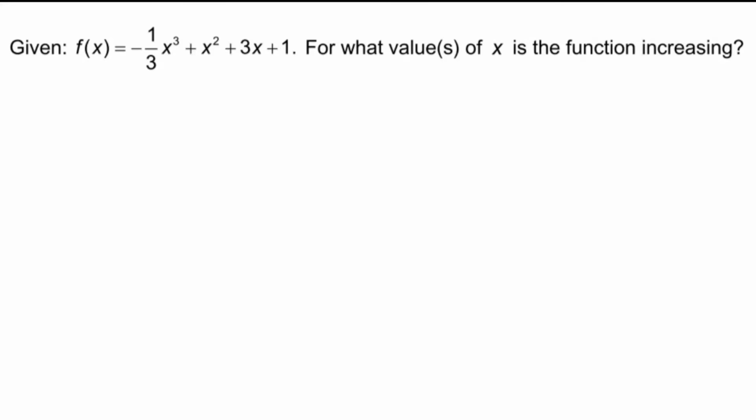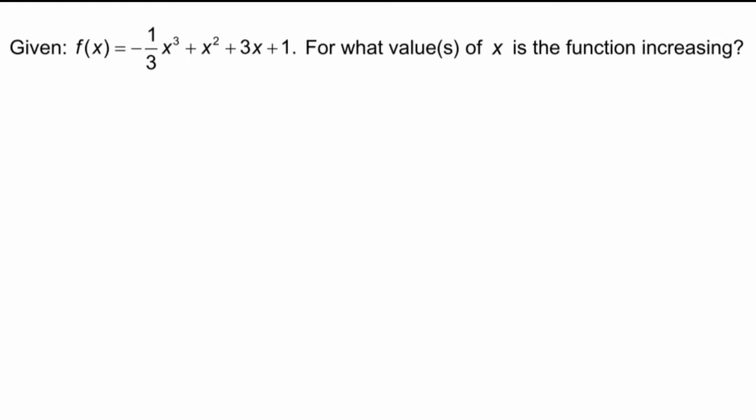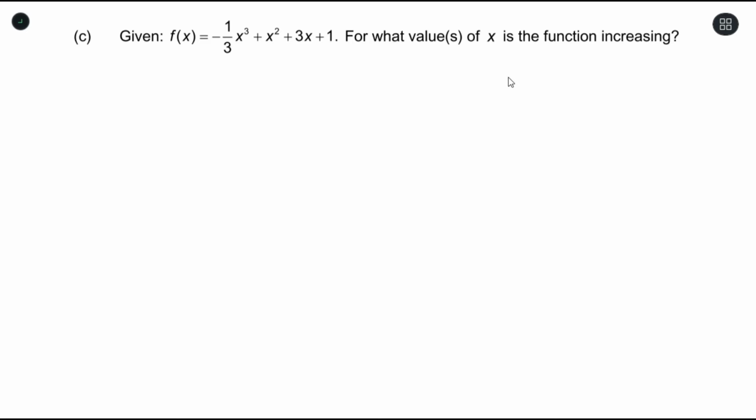Given that f(x) is equal to negative 1/3 x cubed plus x squared plus 3x plus 1, for what value or values of x is the function increasing? Now, whenever you have a question asking where your function is increasing, how we normally get it